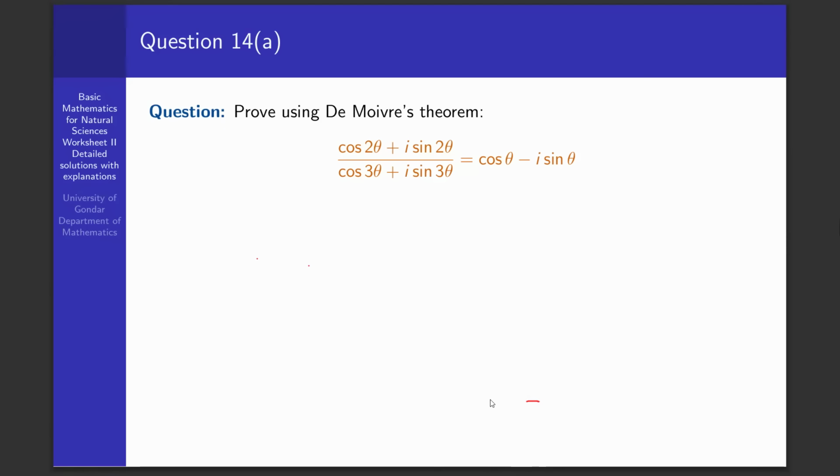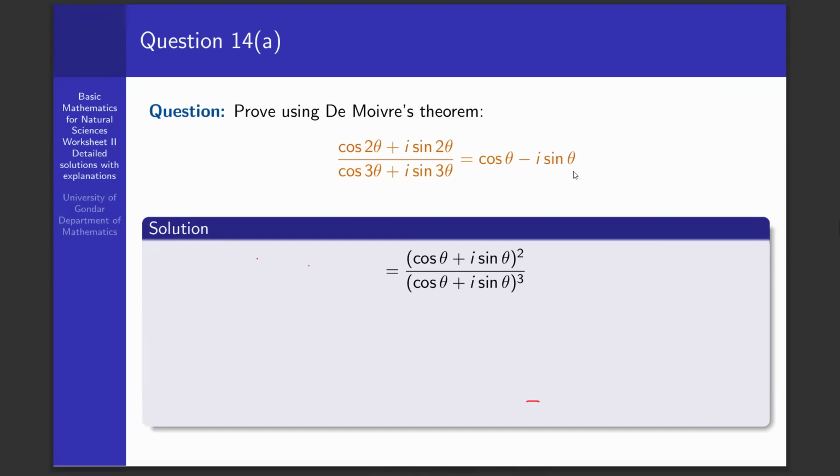The next one, that is we are approaching the next problem. Prove using de Moivre's theorem that cosine of 2 theta plus I times sine of 2 theta over cosine of 3 theta plus I times sine of 3 theta is equal to cos theta minus I sine theta. So to do this,